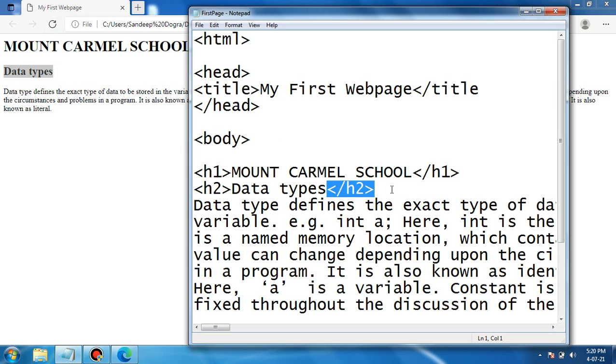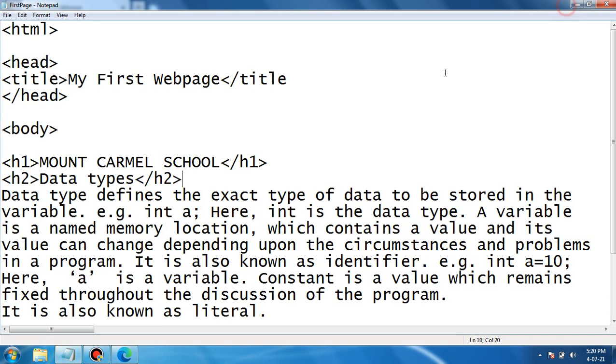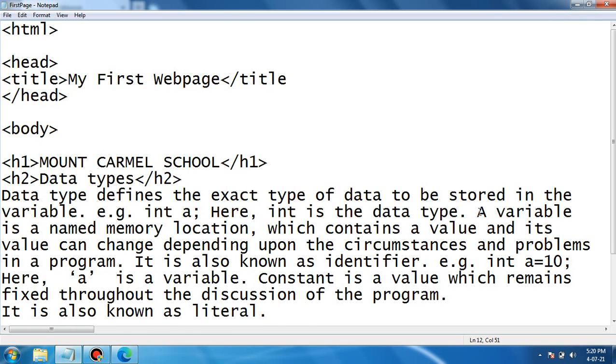So in this way we can create headings. You can also use other subheadings like h3. Let us suppose I want to use one more heading. I can use the next heading before this, variables, so I can use h3. You can use till h6.